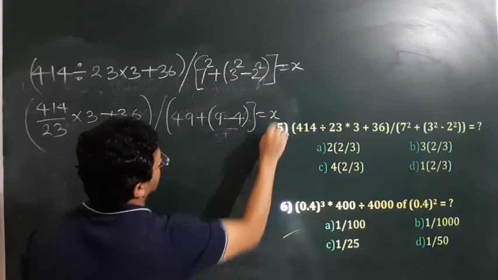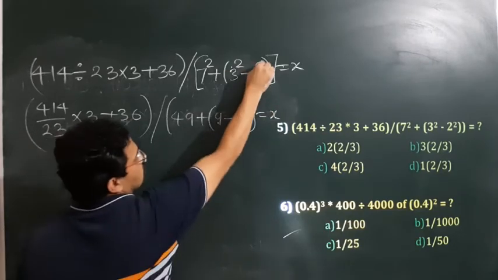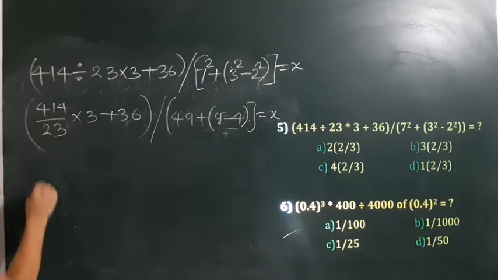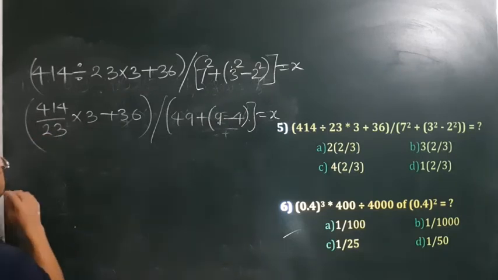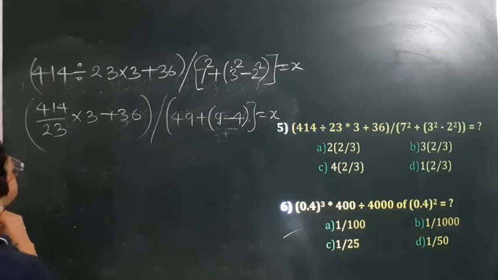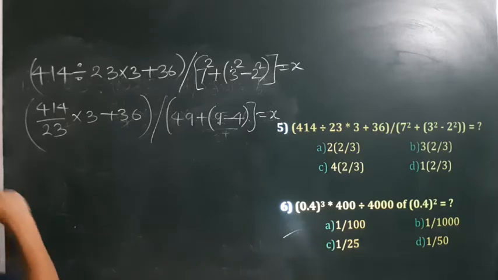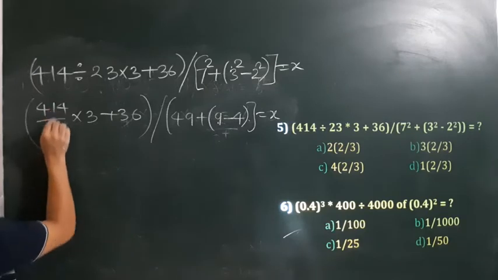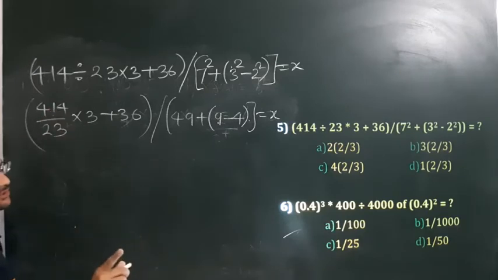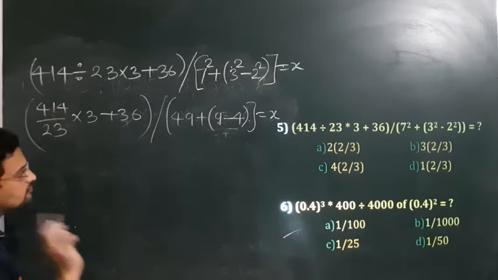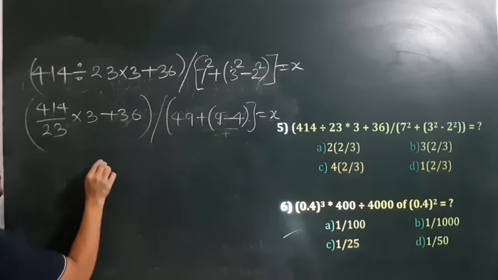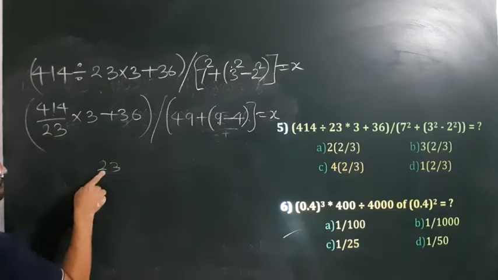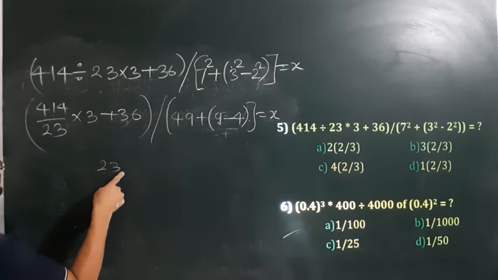Is equal to X. 3 square is 9, 2 square is 4. So here, can it be divisible or not? I think it cannot be divisible. One more thing, whenever such numbers are given, surely there is a division, so just find it out. So 23, if I multiply with 10, you will get 230. That means what?